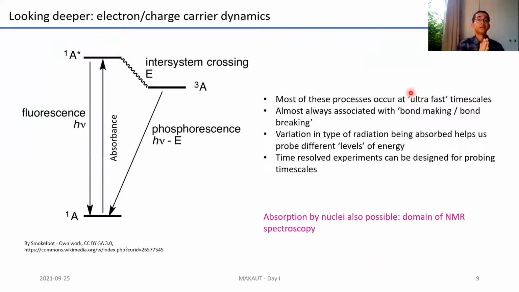And this tells you about molecules. Now, if you look further into the more atomic level of things, till now I've talked about bonds rotating, vibrating, molecules moving from here to there. But what happens at a slightly deeper scale? You've got electronic energy states in atoms, and you can have electrons absorbing energy, showing absorbance, going to a higher excited state, coming down, showing fluorescence, or going to a different state and then coming down, which is known as phosphorescence.